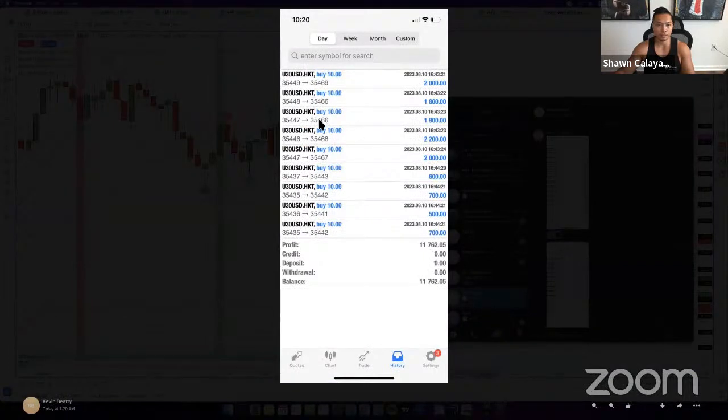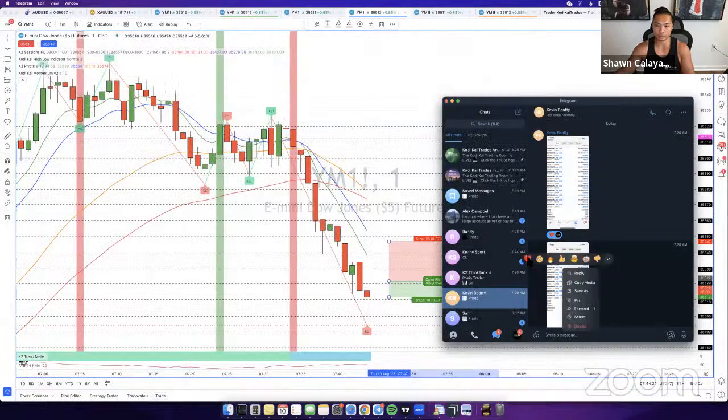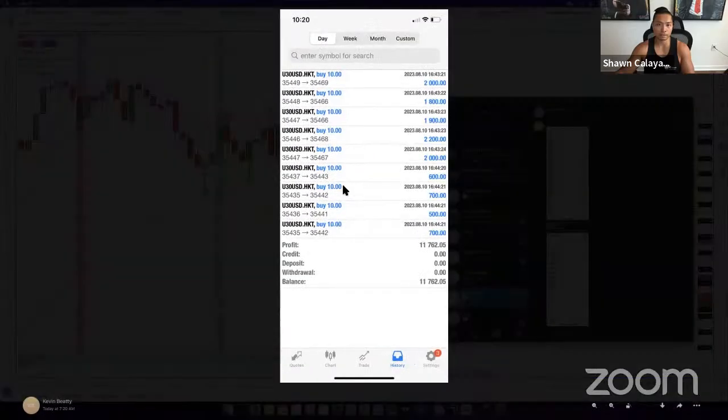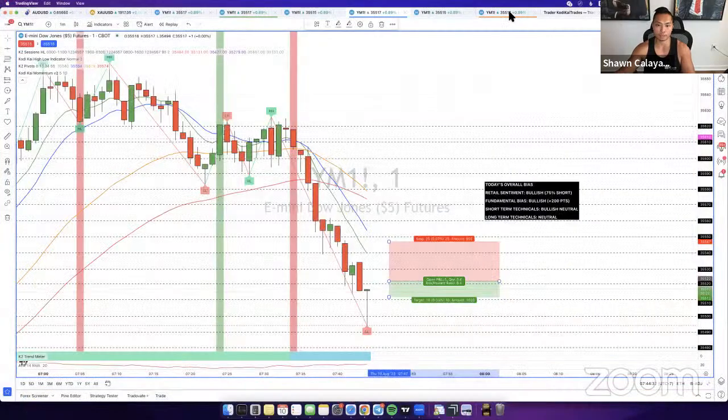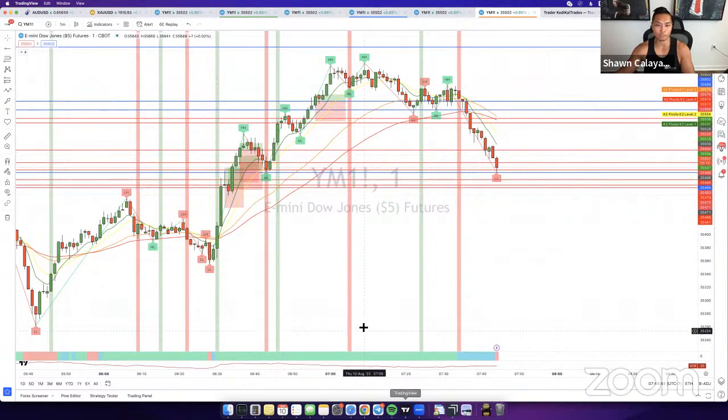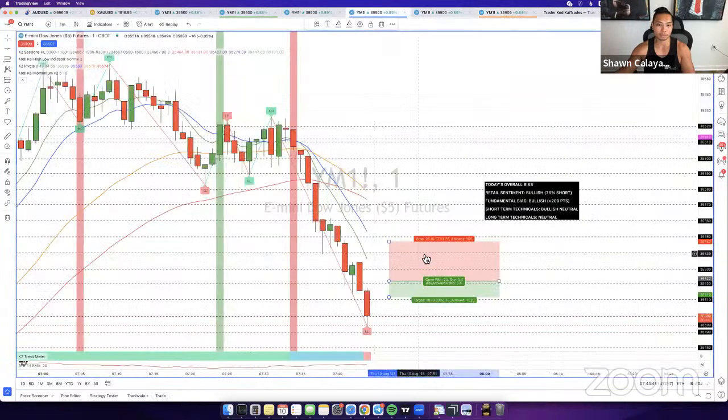And you can see over here, Kevin took a bunch of buys. He just kept riding that ride to the upside. I mean, this could have been a lot of you guys if you just took every single liquidity push, right? So Kevin here took 1, 2, 3, 4, 5, 6, 7, 8, 9 trades. And looking over here at the liquidity push, there's about 11 trades that were available right here. So if you took all liquidity pushes, you could have done very well. Not something I would personally recommend, but if you can do that, then by all means,